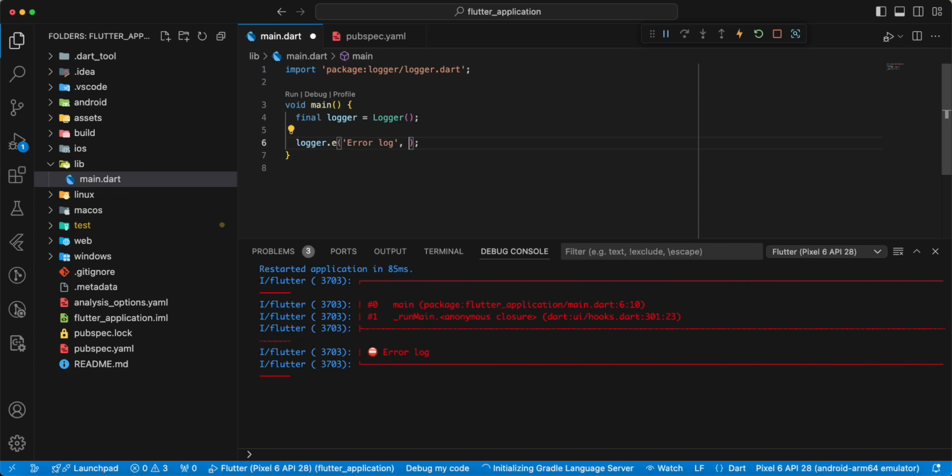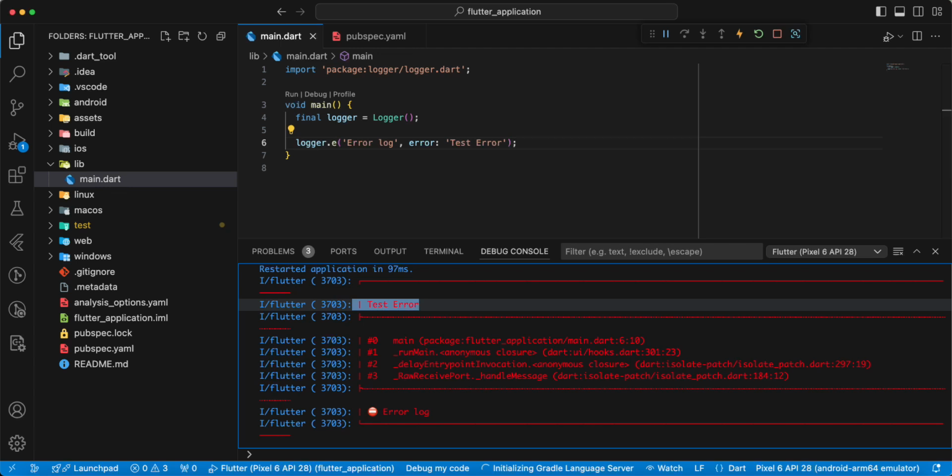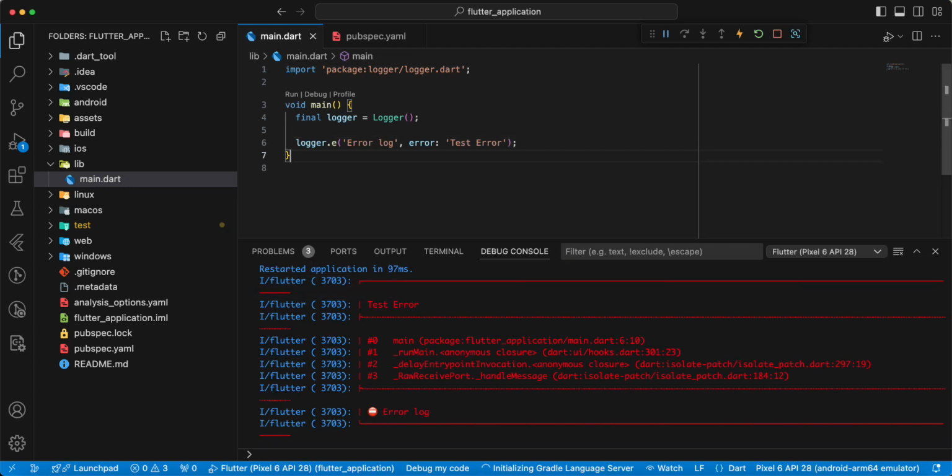Now we write the parameter error, write test error, save, hot restart, and we get the information. Then we add the parameter stack trace,